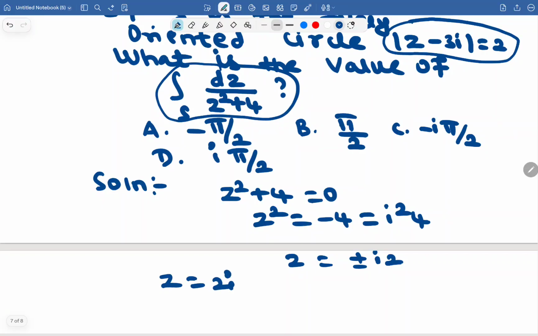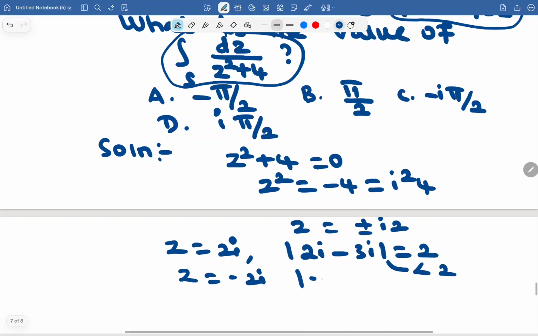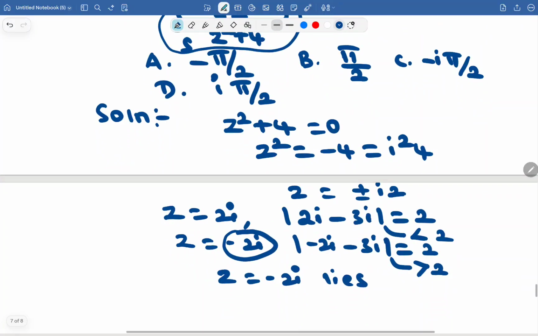Z equal to 2i: modulus of 2i minus 3i, which is 1, less than 2. Z equal to minus 2i: modulus of minus 2i minus 3i, which is 5, greater than 2. Z equal to minus 2i lies outside